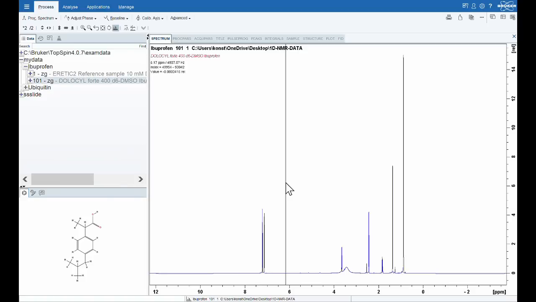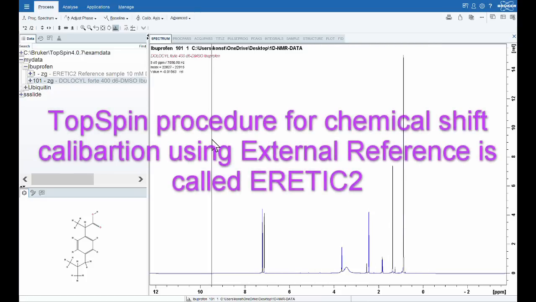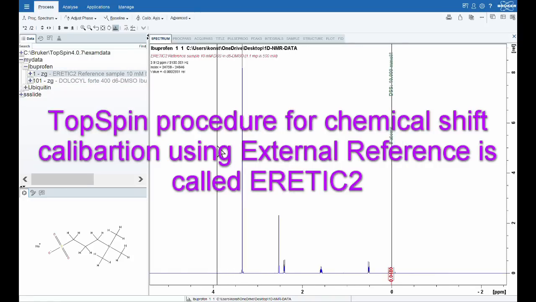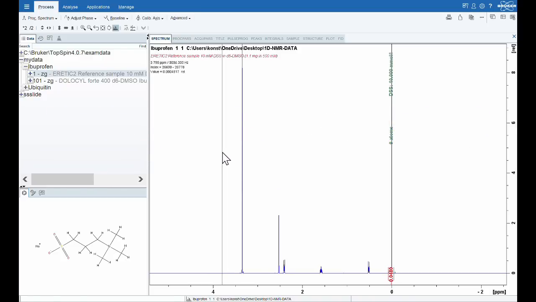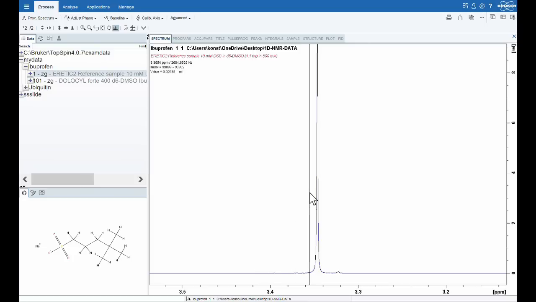To analyze the spectrum of ibuprofen, we have to calibrate its chemical shift and normalize integrals of its main peaks. For this end, we have to use an external reference. We can use an internal reference, but we can also use an external reference. So the external reference would be our spectrum of DSS. And here, the first step is to understand the spectrum. It contains the lines of the compound itself, DSS, 1, 2, 3, and 4 lines, as well as 2 lines coming from solvents. So a singlet line at 3.5 ppm,